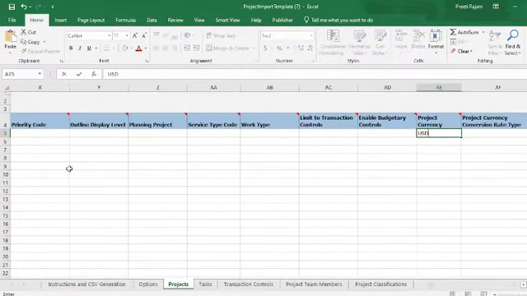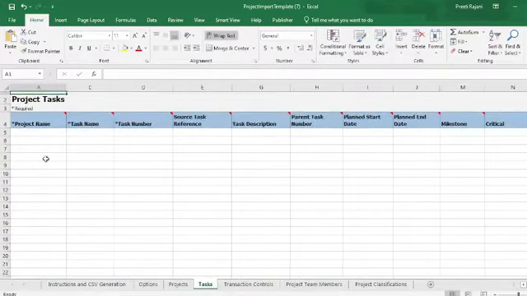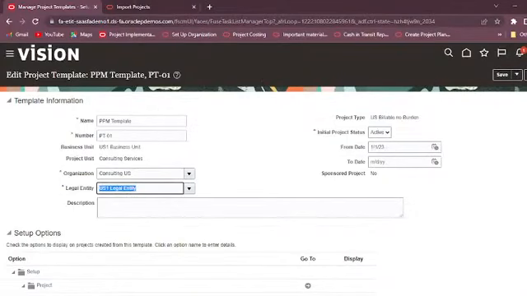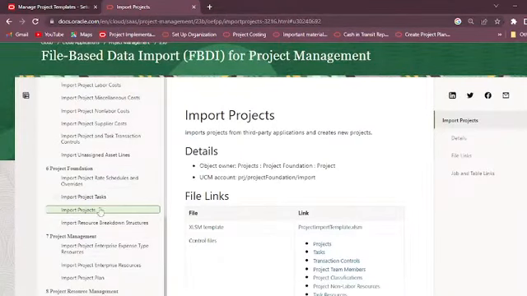So we are taking it as USD. Now come to the task sheet. You can see here we have separate sheet for the